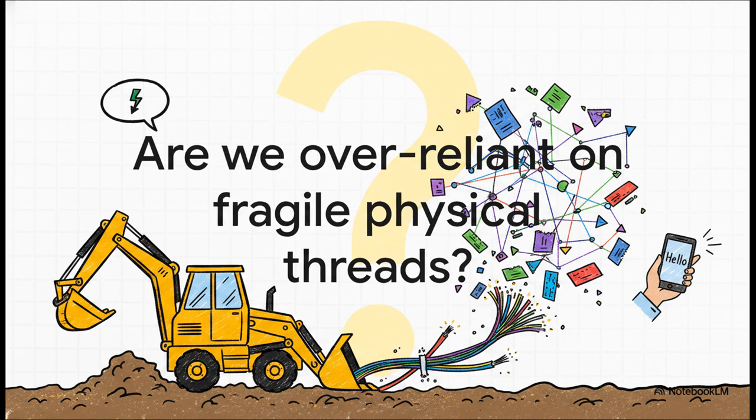We just built an incredibly complex, 7-layer logical masterpiece of software, routing, protocols, and error checking. Yet at the very bottom, at Layer 1, it all comes down to a physical connection. If a single backhoe digging a trench accidentally cuts a fiber optic cable in the ground, that entire 7-layer stack instantly comes crashing down for millions of people. Are we over-reliant on the fragile physical threads connecting our digital world? It's definitely something to think about the next time you send a simple